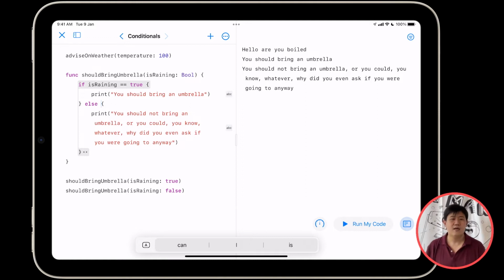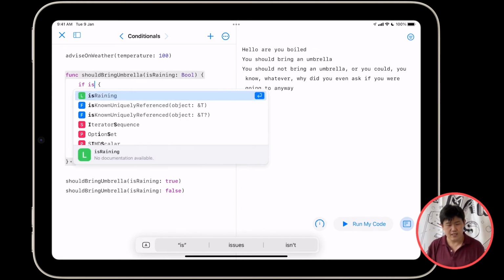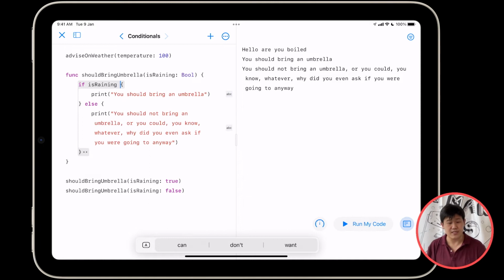Fair enough. The second thing I can do is over here. Instead of checking if isRaining equals true, remember that this entire thing evaluates to true or false. That means you could just take isRaining and just dump it into the condition, and it can hence be the boolean itself.